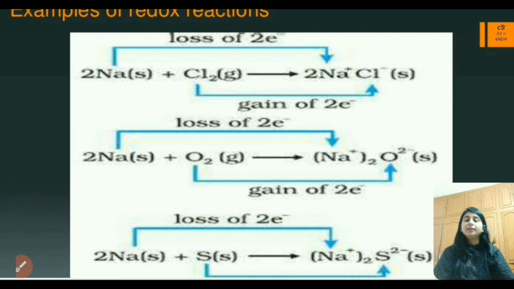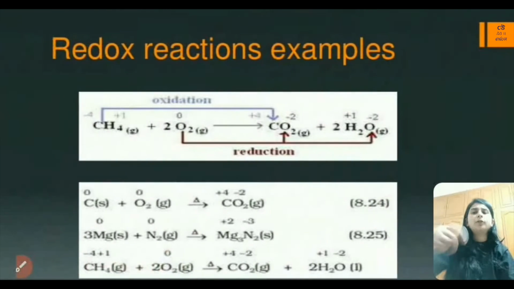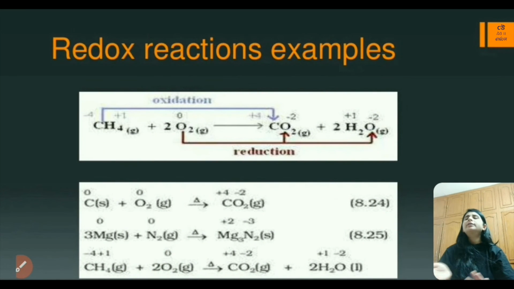Another example is sodium reacting with oxygen. So sodium will again be losing electrons and oxygen will be gaining electrons. Since oxidation and reduction reactions are occurring simultaneously, we will say that it's a redox reaction, or an oxidation reduction reaction. Some more examples are, we have methane reacting with oxygen to form carbon dioxide gas as well